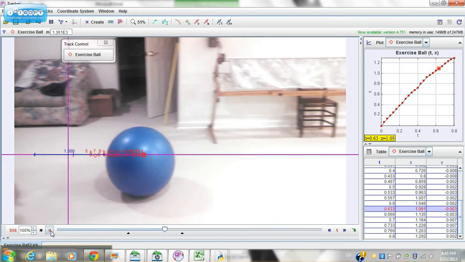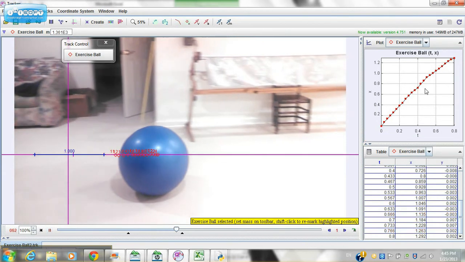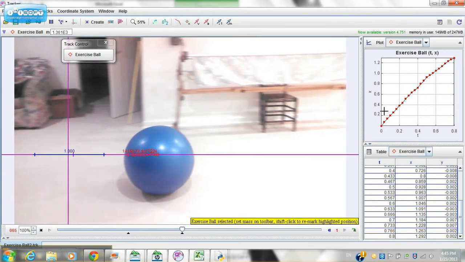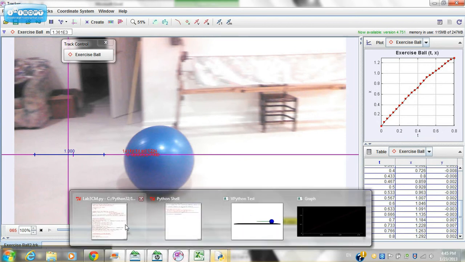And you can see to the right here that as the time and position increases, the force is kind of staying the same. That's shown by this straight line linear graph right here. And if we go to Python,